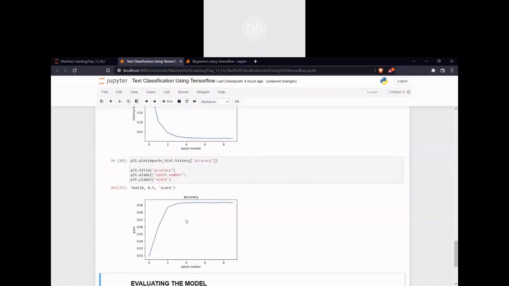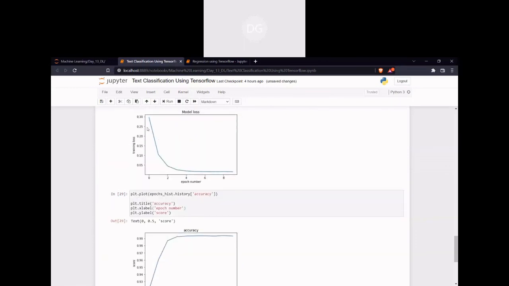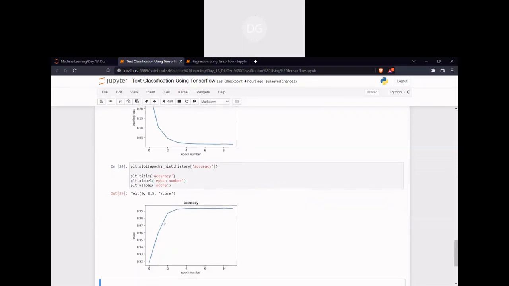See, this is my loss rate, and this is my accuracy rate. When it was at epochs 0, 2, 4, 6, 8, we can see our line changing from here itself.